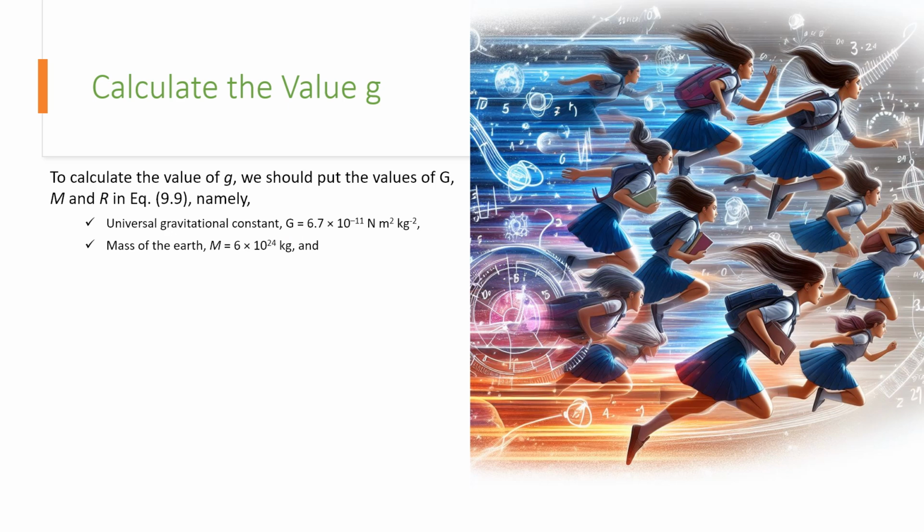So then what is the next one required? Mass of the Earth. Again, what is that mass? It is 6 into 10 to the power of 24 kg. Look at the unit, kg, right? So now what? Radius of the Earth. Of course we need radius, because we are talking about g. All right. So what is the radius of the Earth? r is equal to 6.4 into 10 to the power of 6